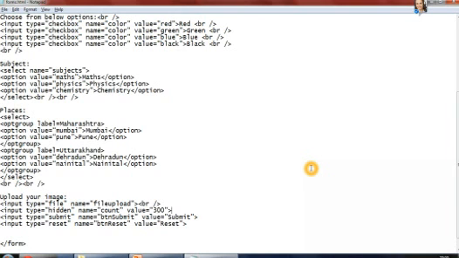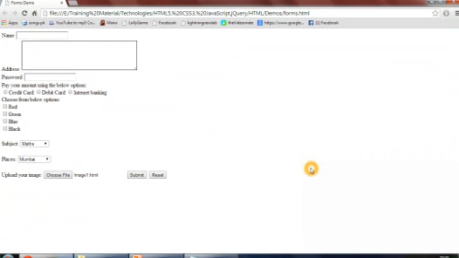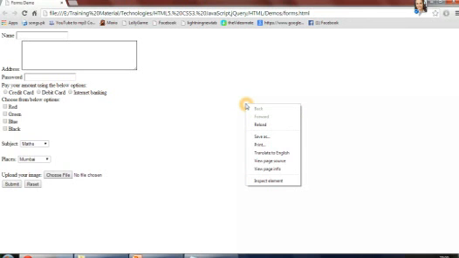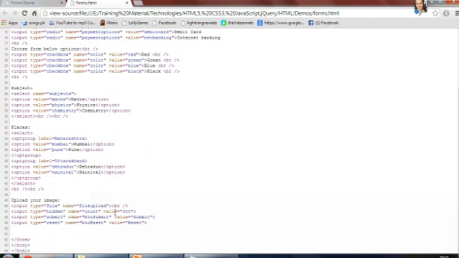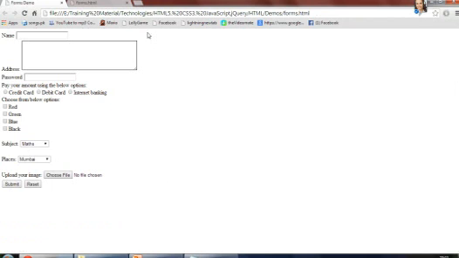Whenever you save it and refresh it, you can see that there is no text box or any control displayed over here. So it is hidden, but if you right click and view the page source, you can see the hidden field over here. In a particular page, you can see the hidden fields and their values if you right click and view source. Otherwise, with the web page alone, you cannot see what hidden field is there.